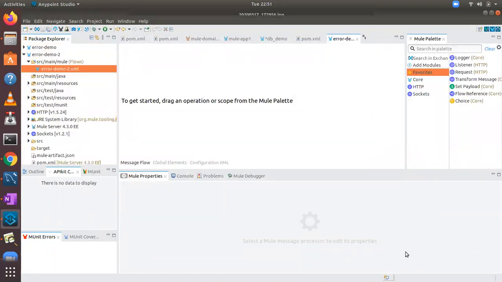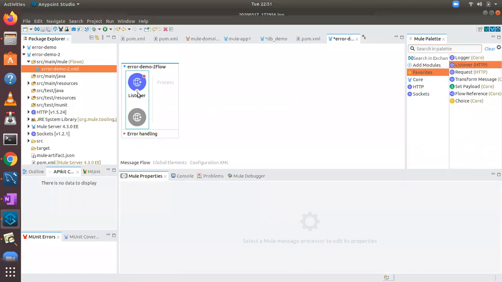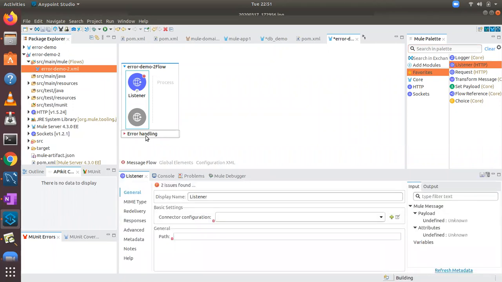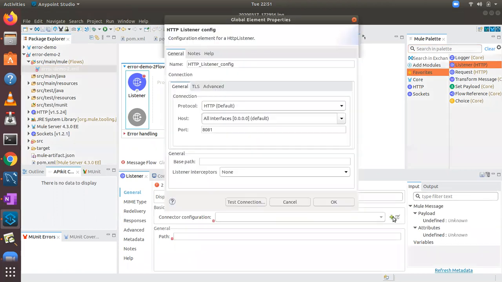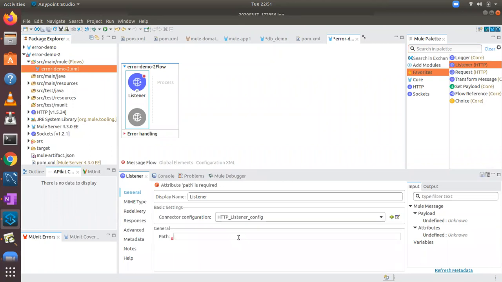First we start with flow scope error handling, and next we see application scope and processor scope. The flow scope is, from day one onwards, we're saying that the flow contains three components majorly: an event source, event processors, and an error handling section. So when I configure this event source with default port 8081 and path as the root path,